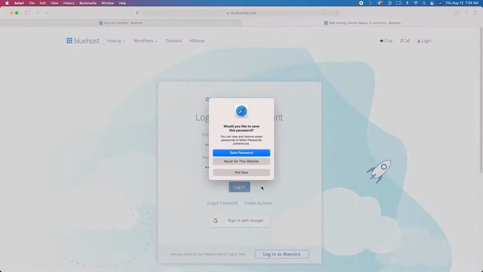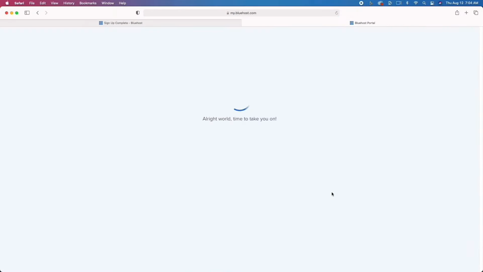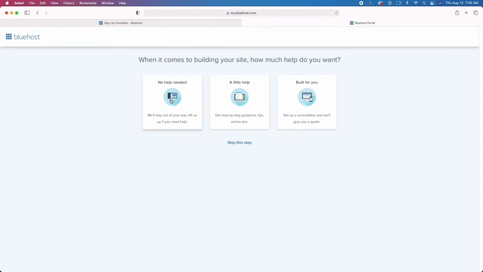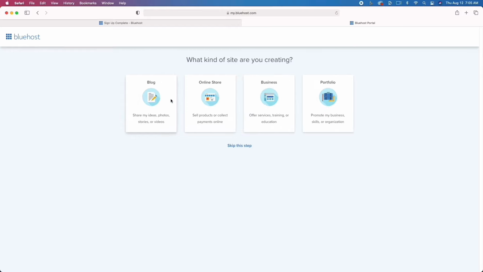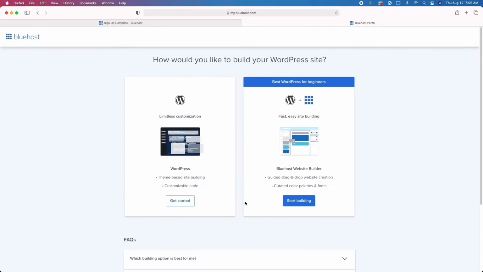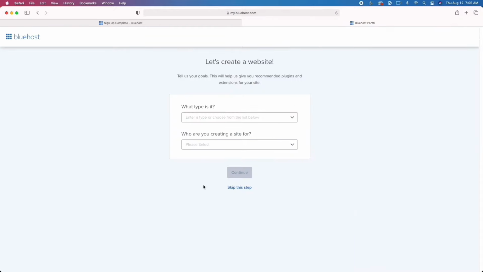So again, I'm not speeding this up at all, and I want you to see what it really takes to create a website. Bluehost is going to do a little bit of work in the background for you, and we're just going to click on skip this step. The first one I clicked on start a blog, but for the next step, just click skip because we know what we're doing, and I'm going to tell you what to do so that we can get up and running. Click get started right here on the left hand side, and then move on. Just click skip here